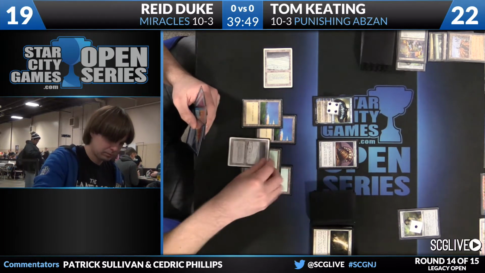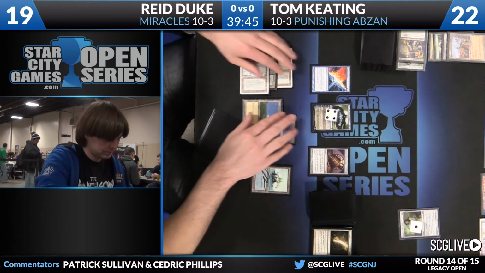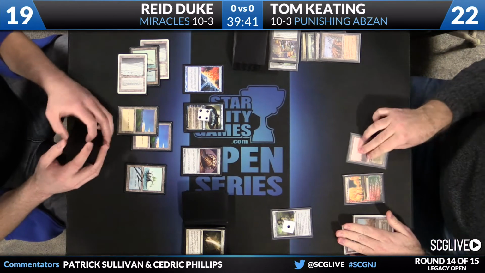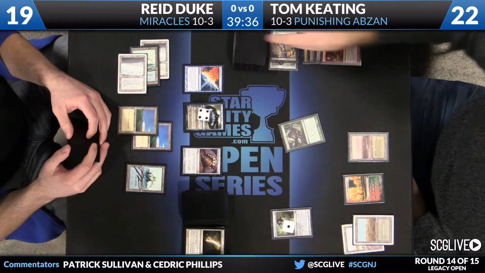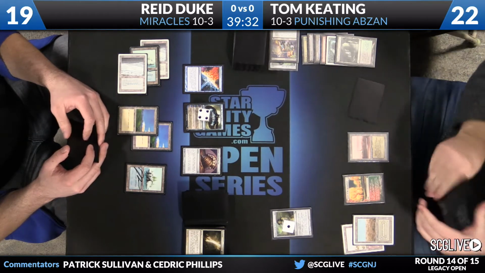Two cards going back. It's Counterbalance time. And it's this combination of cards on the battlefield here for Miracles: Top, Counterbalance, and Jace, which makes it such a hard deck to beat. Yep. For matchups like this especially. Yep. I mean, this is where Jace in particular...